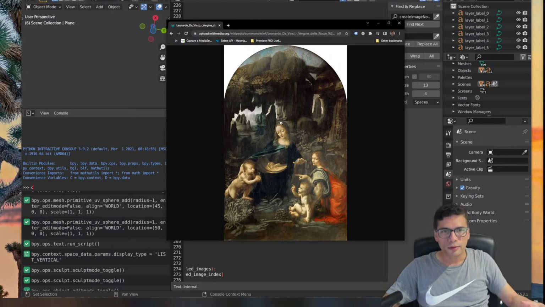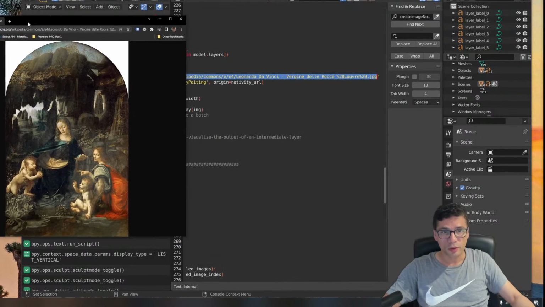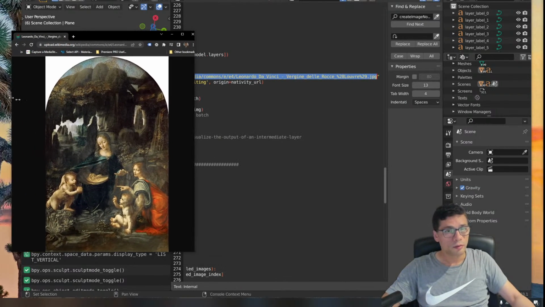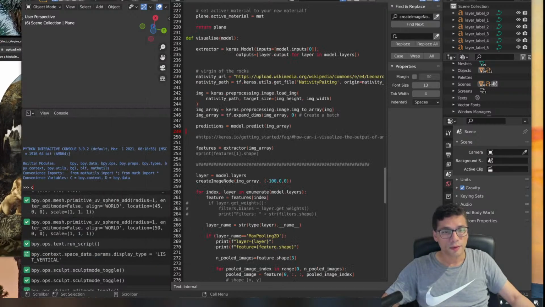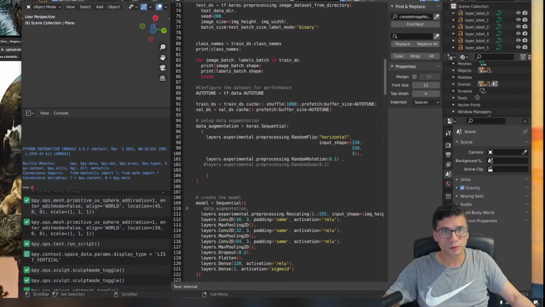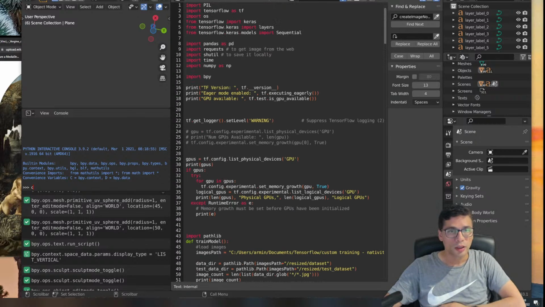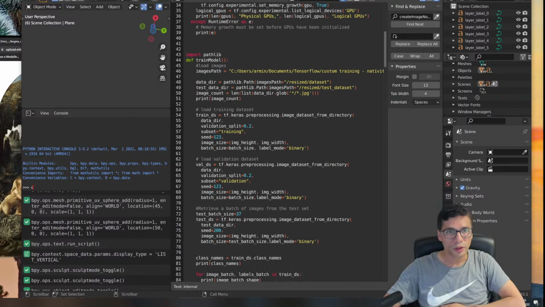So the idea is this image classification model is able to look at a painting and decide whether this is a painting about the nativity of Jesus or not. That's what this model does. And what I have here is some Python code that actually trains the model. I've installed TensorFlow inside Blender for this, and then it trains the model, and then